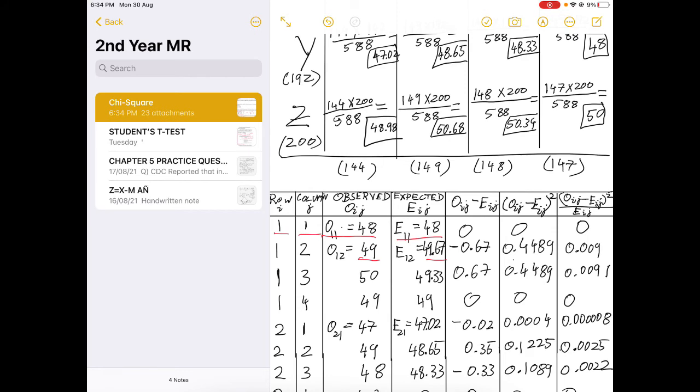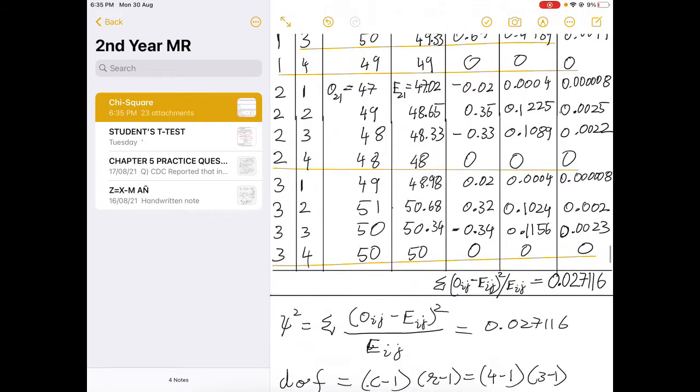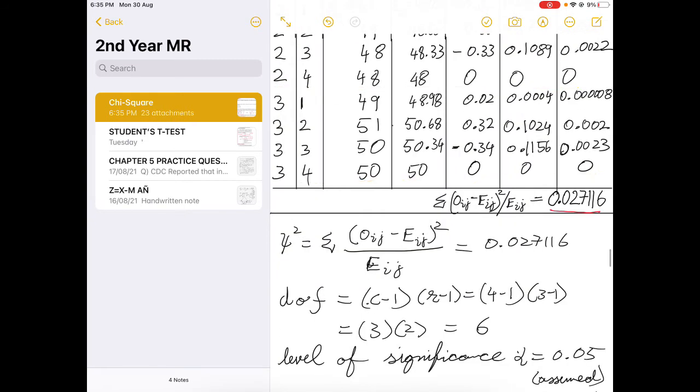Then, like the previous question, again we will calculate the difference between the observed and expected. Then we calculate the square of that, and then we divide by the expected value. So same formula, only thing is we do it for all the values in the table now. So the total of observed minus expected whole square divided by the expected value gives me the chi-square statistic value as